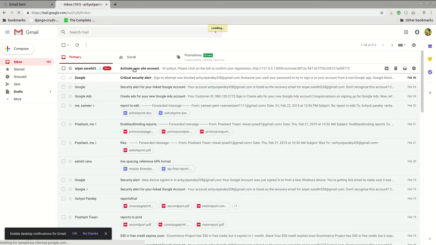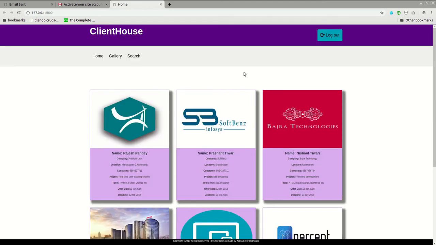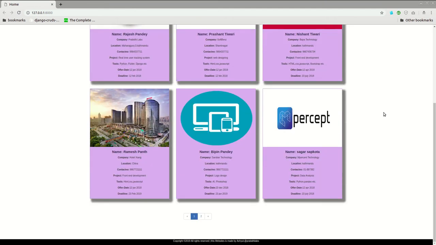Okay, so this is the host email user, and this is the confirmation link. It says hi Achyut, please click on the link to confirm your registration. Okay, let's go to this link, and it redirects us to our site with logged in access. So let's close this, and here you can see the logout option. So we are logged in,